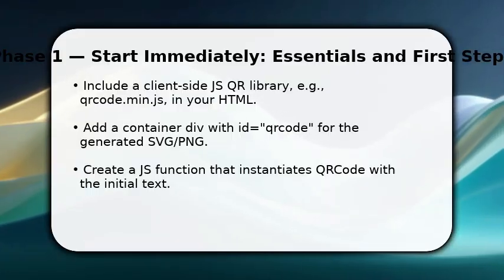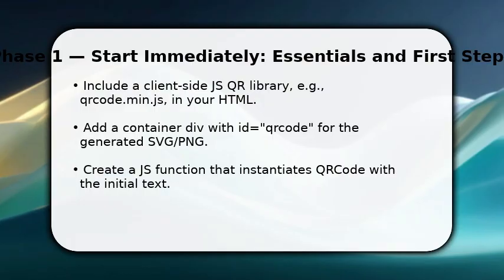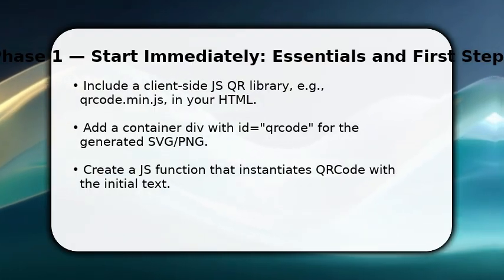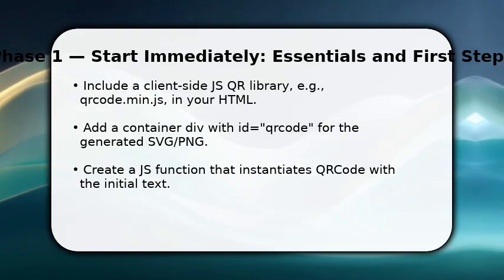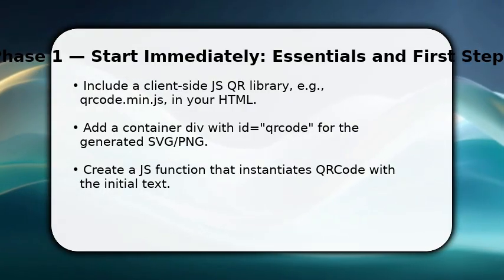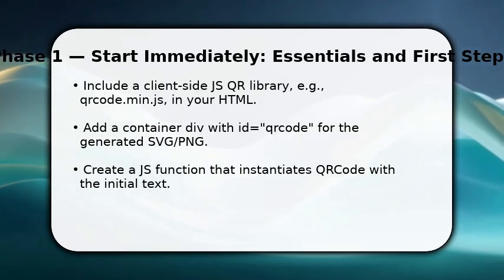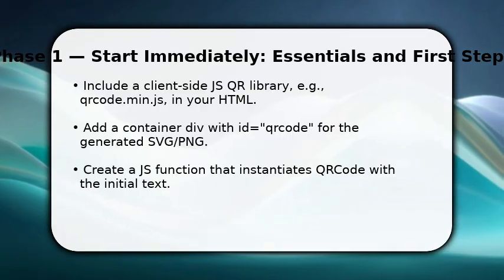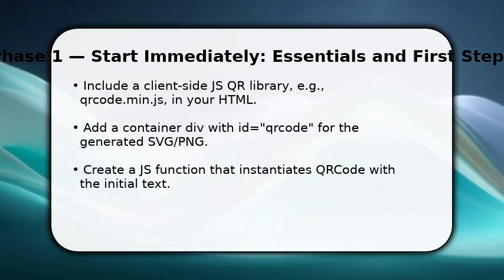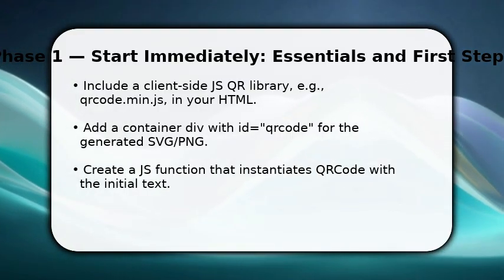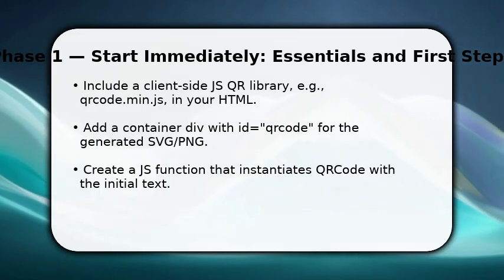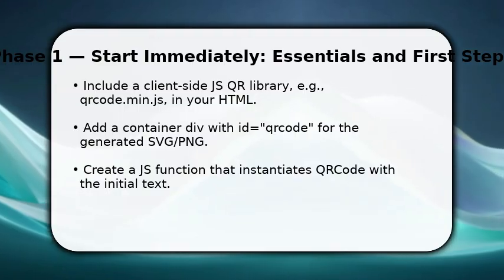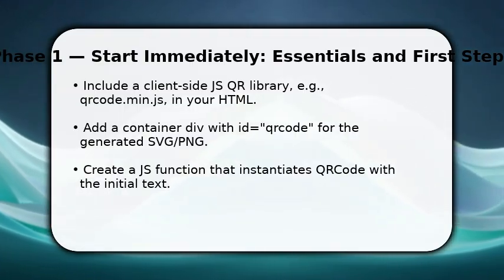You begin by adding a lightweight QR library to your HTML and creating a container element. This is faster than server round trips. Once done, write a small function that instantiates the library using your text string, because the library converts bytes into the matrix. Make sure to pass the target element ID and a short sample string to verify output. This immediate action confirms the pipeline, library, DOM container, and a creation call, so you see pixels right away and